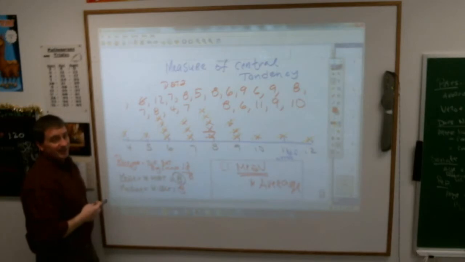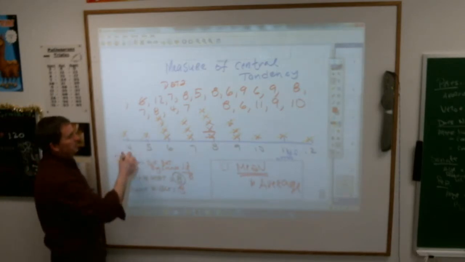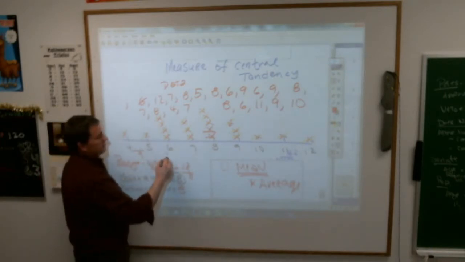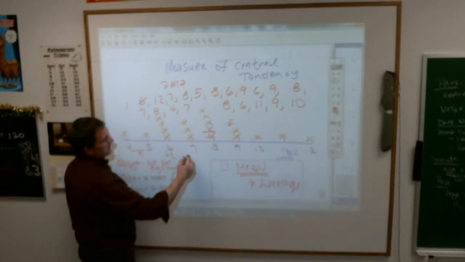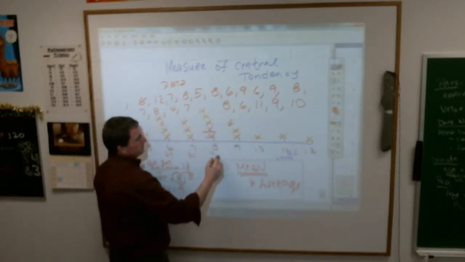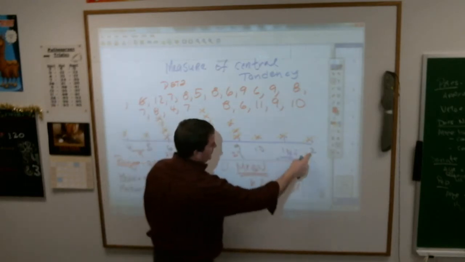Because what do I have to do? I have to add them all together. Which might not be bad because we could do it like this. We could put these two together and get 9. I have 4 6s, that's 24. I have 3 7s, that's 21. I have what, 5 8s, that's 40. 3 9s is 27. 10 plus 11 plus a 12,